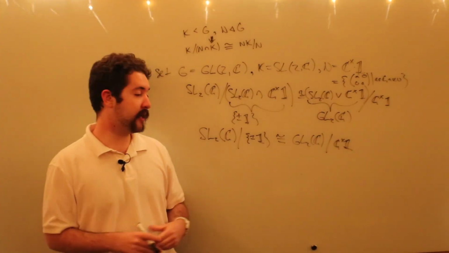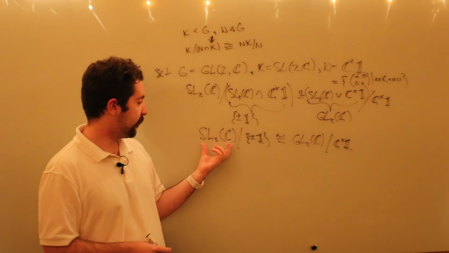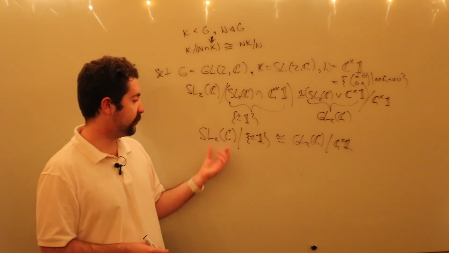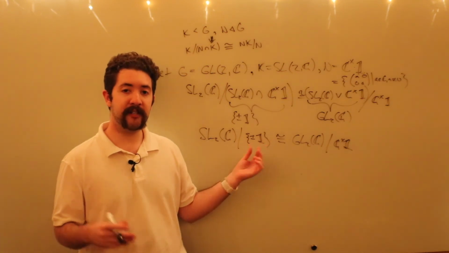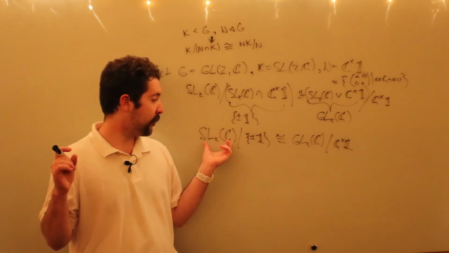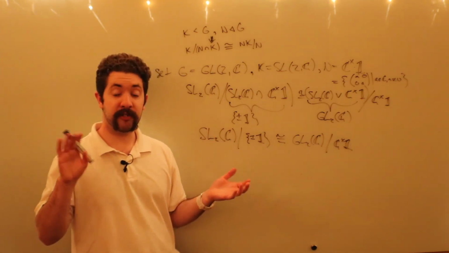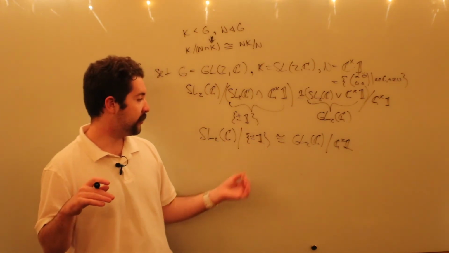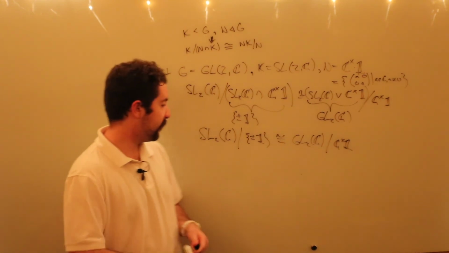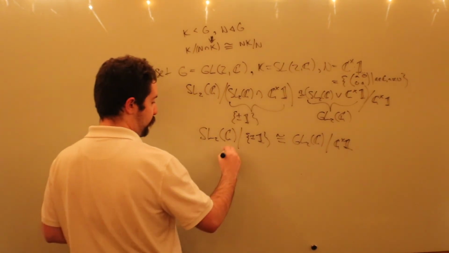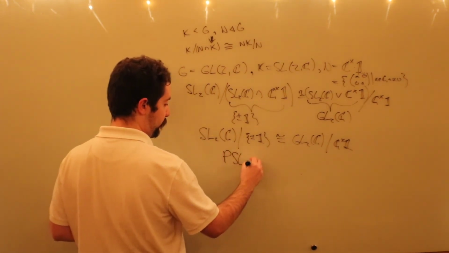So what does this actually mean? Well, if we take all our elements of SL2 and then we say we're going to identify any two elements of this group which are negatives of each other, right? So that's what we're doing here, and this actually has a special name. It's called the projective special linear group